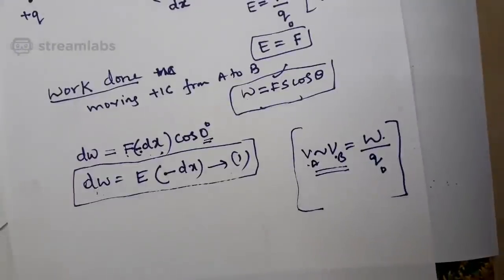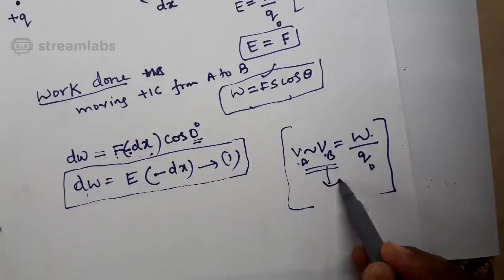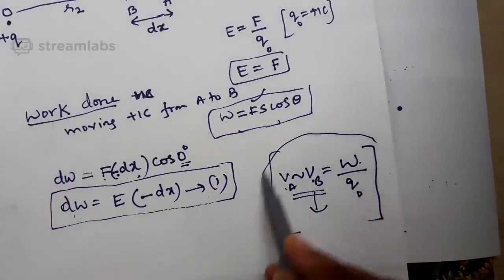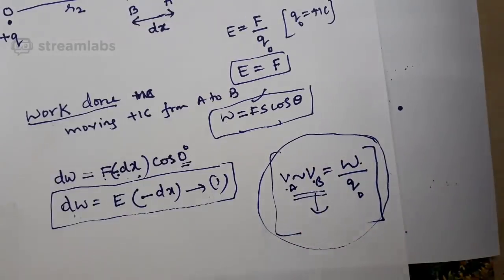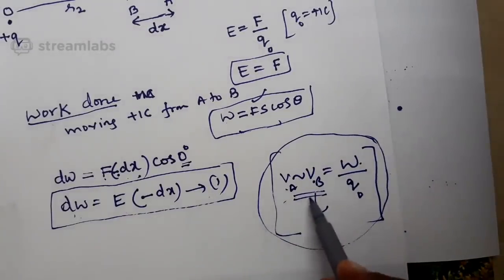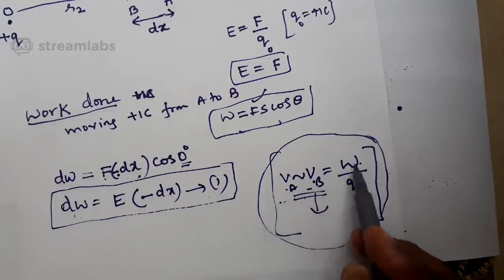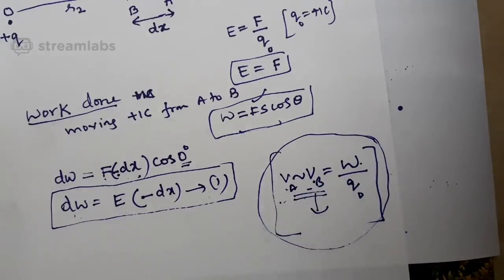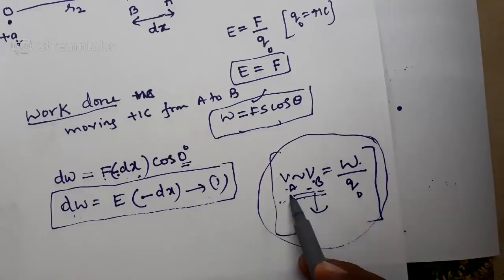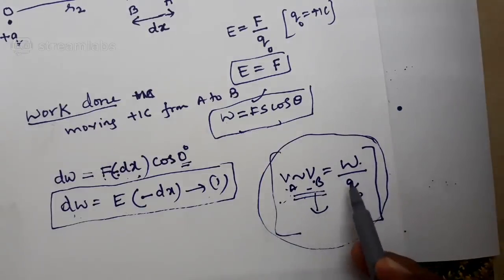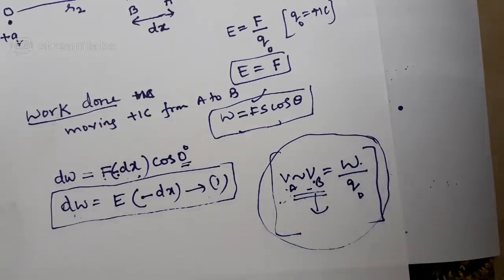Before I proceed further with this point, I would like to tell you one more point related to this equation. Especially whenever you work out problems related to this concept, please keep in mind that even though I might have written VA difference VB is equal to W by Q naught, in problems always remember to write it as potential at the final position minus potential at the initial position, that is equal to W by Q naught. Of course, Q naught is plus 1 coulomb in the definition.